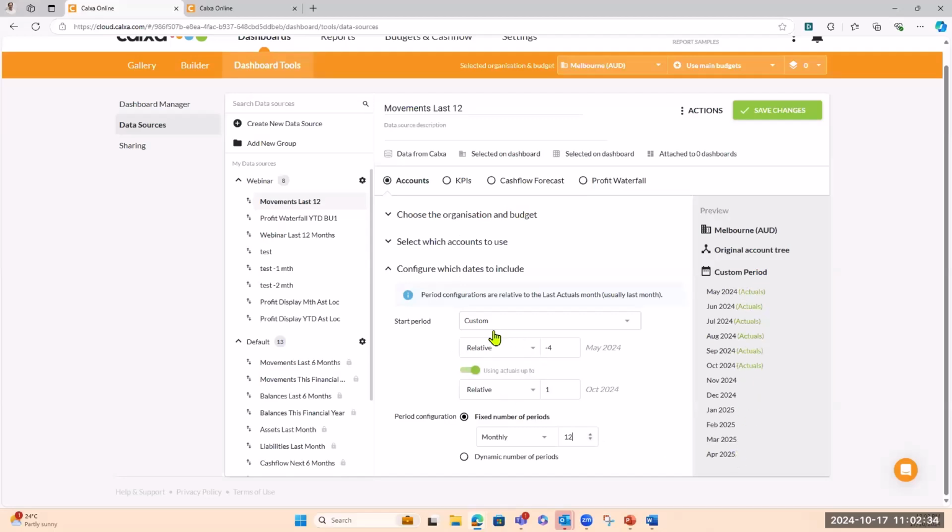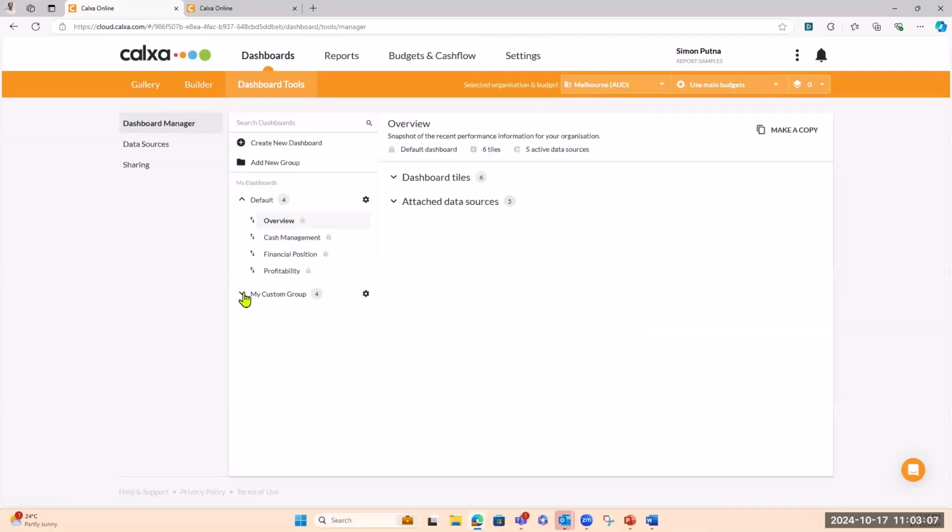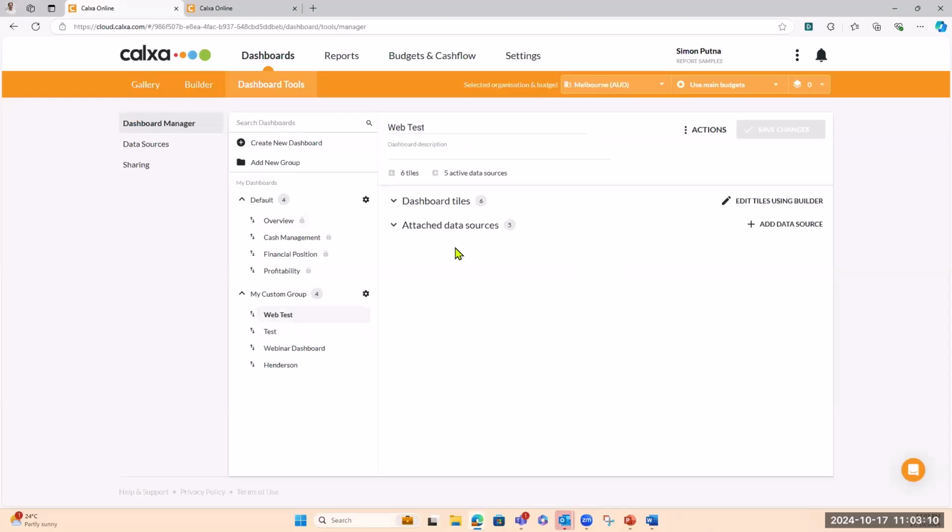However, this setting up here tells me I need to make some changes because it's now going to go from May 24. We do want to go 12 months backwards from October. So I'm going to change this setting, and you can see here now I'm going from October back to November 23. And I'm going to save those changes because we're going to use that particular data source in our new dashboard. Okay, let's go back to our dashboard manager, because in that particular dashboard, which is this one here,